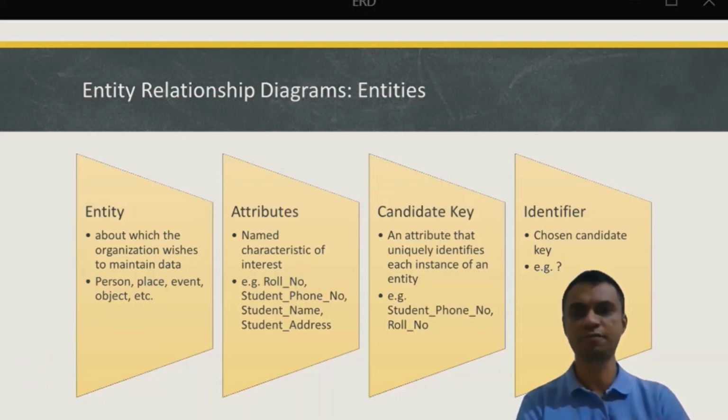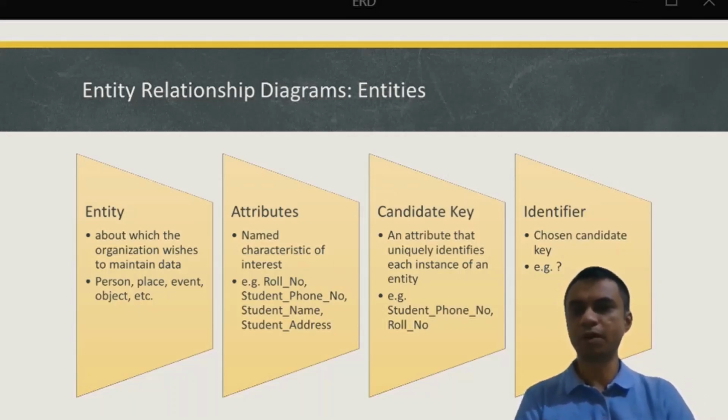So if you look at the example of NITRIS, then a person could be a student or a staff. A place would be something like a classroom or an examination room or your hostel room. Event would be things such as your classes. So when your classes are scheduled, they are scheduled in a particular room and they are connected to particular persons such as the instructor and the student.